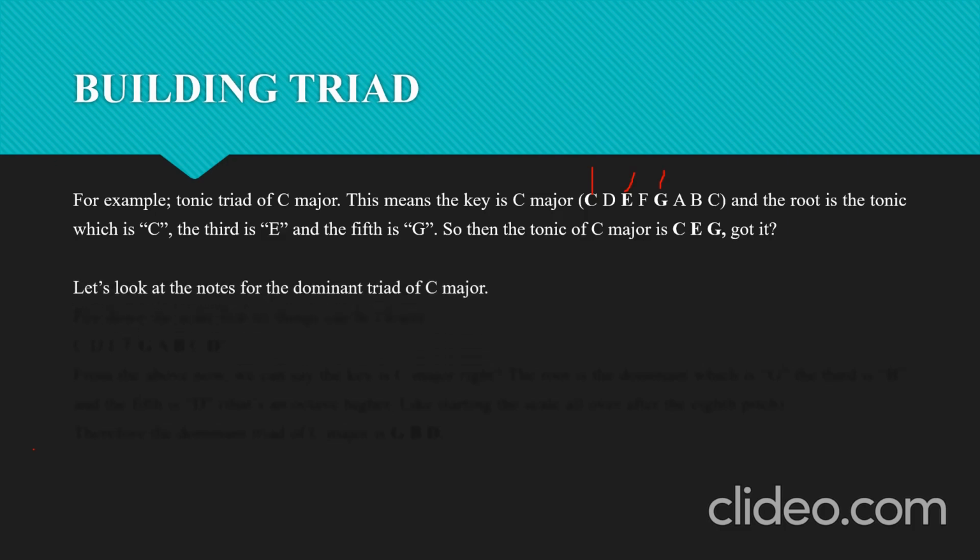What then will be the dominant triad of C? Somebody should do that for me. The dominant triad of C, what is the key? C major. So you construct the scale of C major. After you have written out the scale of C major, what is the next thing to do? The dominant. That means the root should be the dominant of the scale. What's the dominant from C? G is the dominant from C. Thank you. So therefore, the root will be G. Now, what will be the third? The third will be B. Thank you. And then D will now be the fifth. God bless you.